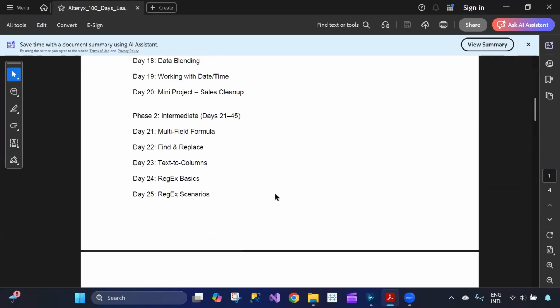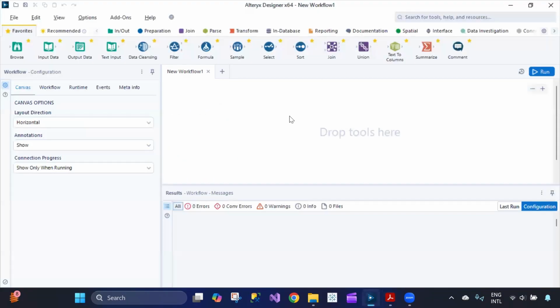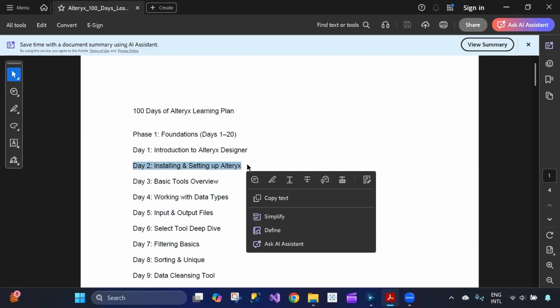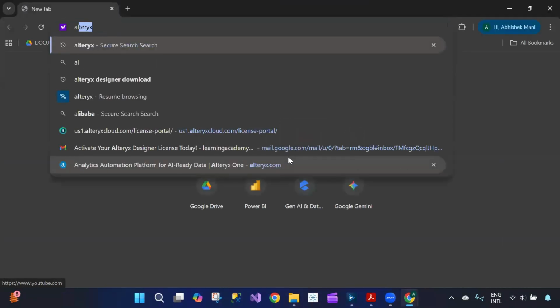Yesterday we went through the introduction to Alteryx Designer: what exactly is Alteryx, what is the use of Alteryx, and the basic components. So today is installing and setting up the Alteryx environment, how you can install and set it up. For that, we can go to Google, and here we can type